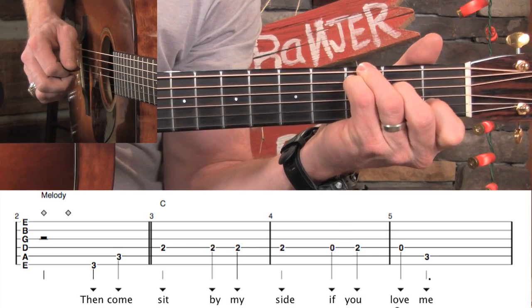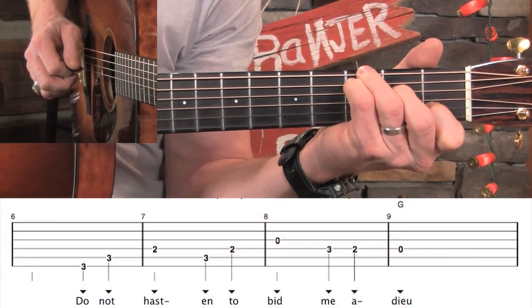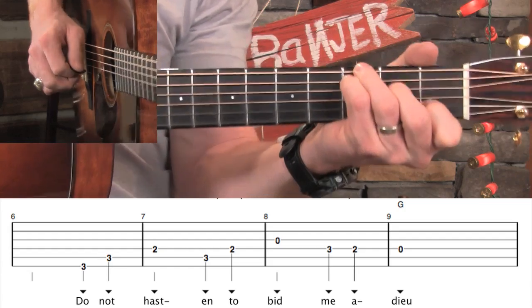And I'll try to do it about the same time. Love me. Now as we go to the next line, we're going to keep the same chord position for a